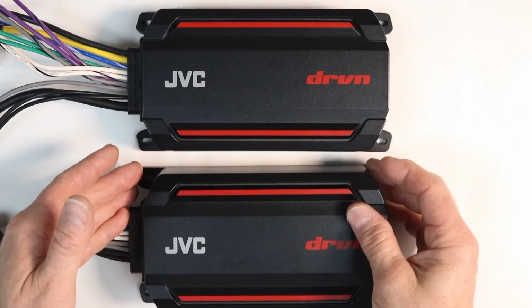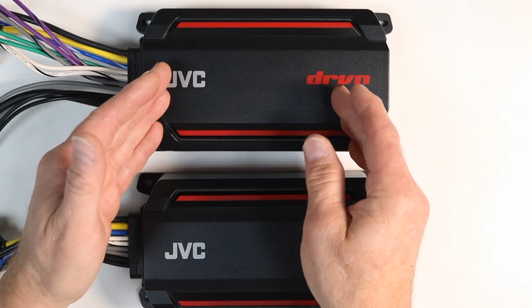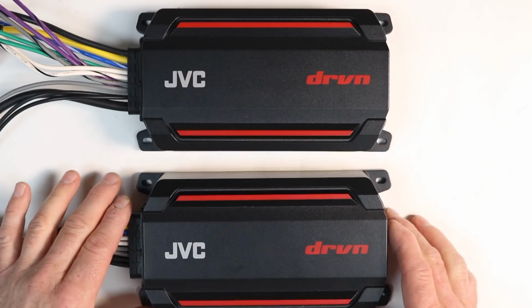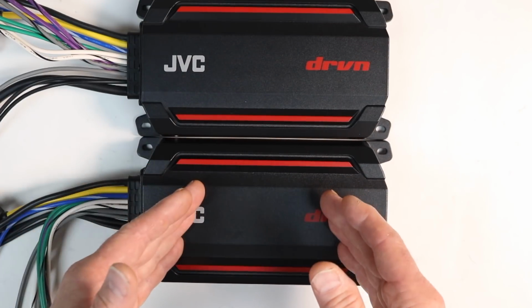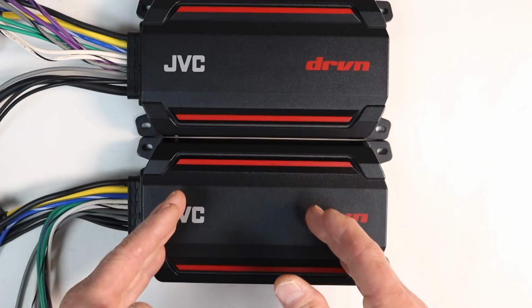If you're looking for a cool way to add Bluetooth streaming music with an amplifier, check out the KS DR2104DBT. Or if you're just looking for an awesome little 4-channel amplifier that's rugged and puts out a boatload of power, get the pun, check out the KS